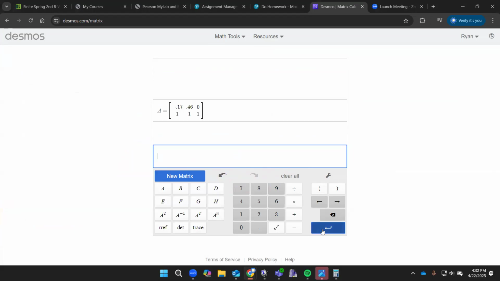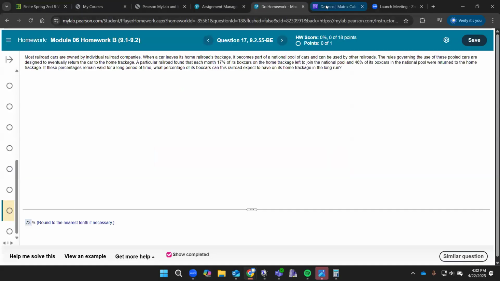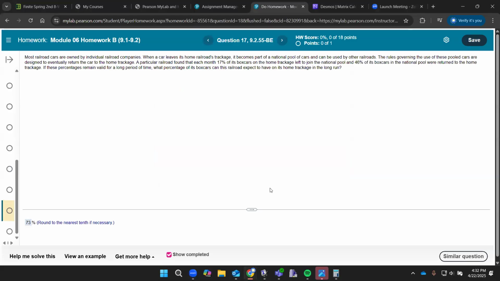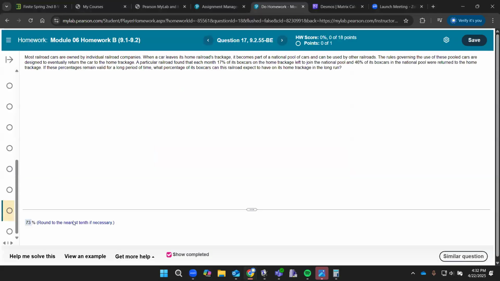Okay, enter. Now we want it to reduce that, so reduce. Now this number right here, that is the probability that the train stays. Okay, so 73%. We got more than what they asked, but that's the answer. All right, so we found that 73% stay home in the long run. Okay, I hope that helps. Reach out if you still have any